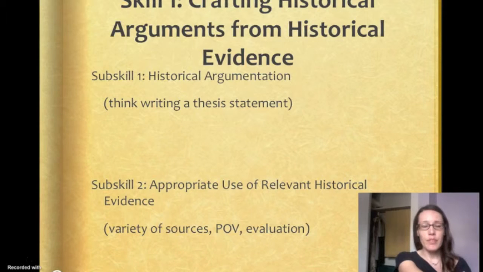So this means that you need to be considering various sources. You need to be considering secondary sources like your textbook or other historical interpretations of the past. You need to be considering primary sources. You also need to keep in mind the point of view of the author, right? So for example, if you're talking about